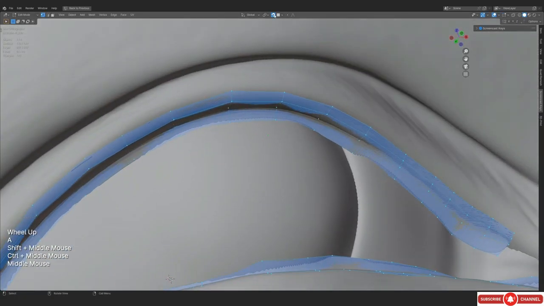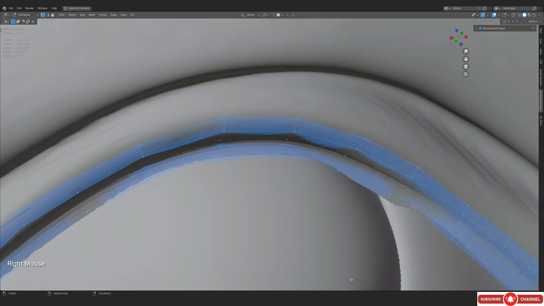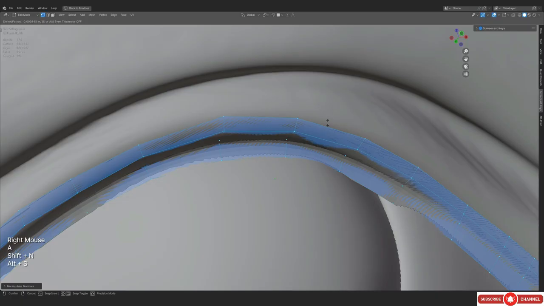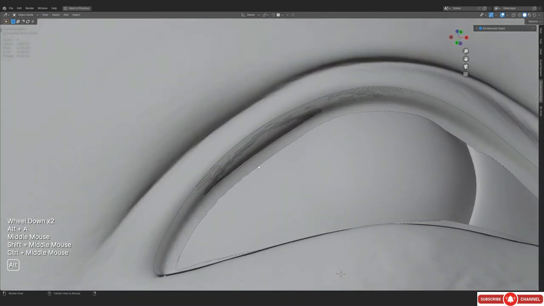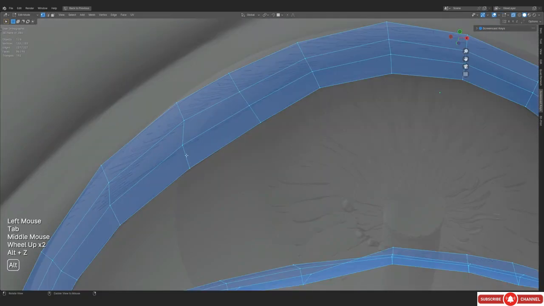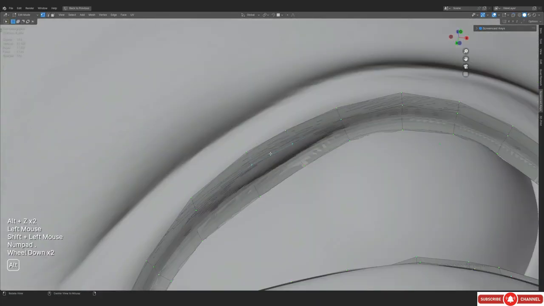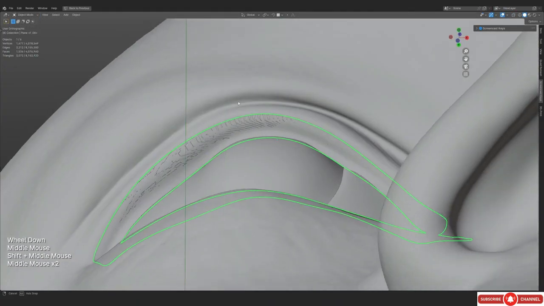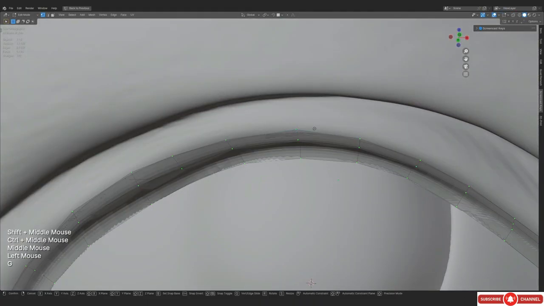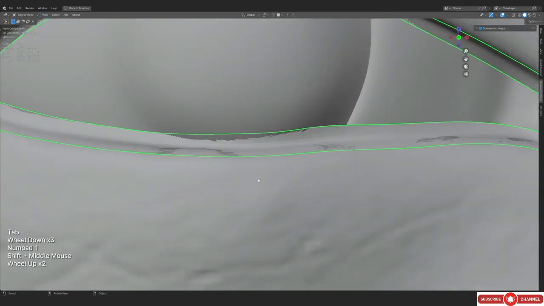Now we can actually just select everything and just push them outwards on the normal, so that they would be a little bit out, you know. Again, I don't want them to intersect. That's one of the most important things. Even though you can actually get away with a little bit of intersection, still make sure that you fix whatever you can. Alright, so this is what we have.